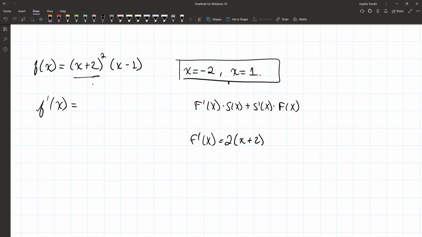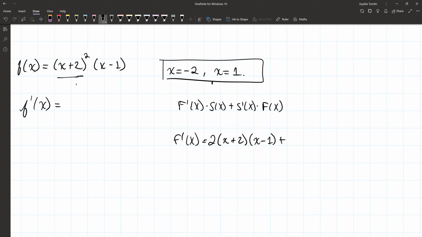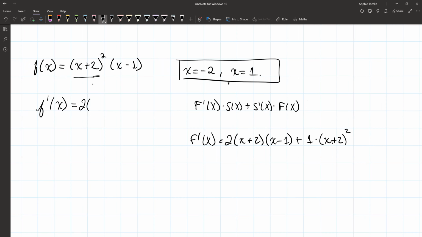Times the second, so then we have x minus 1, and then plus the derivative of the second part, which is this goes to 0, and this turns into 1. So we have a 1 here times the first one. So then we get (x plus 2) squared. So then we write that back over here times x minus 1 plus